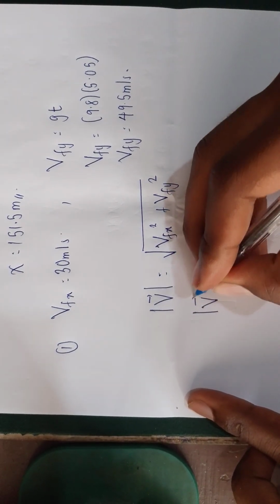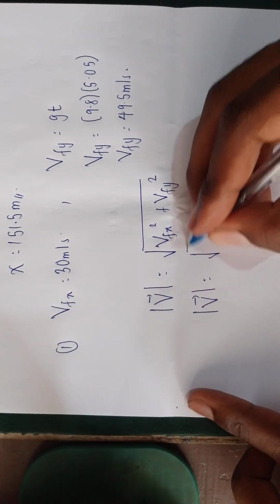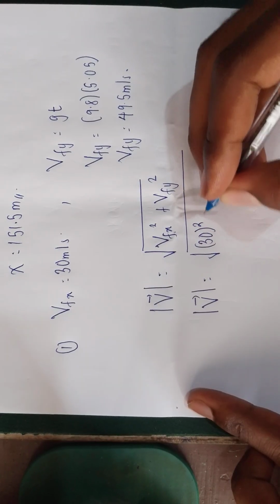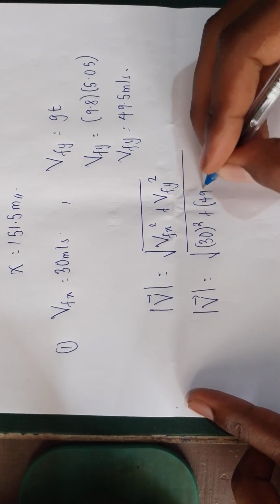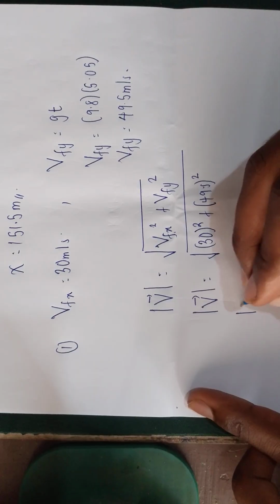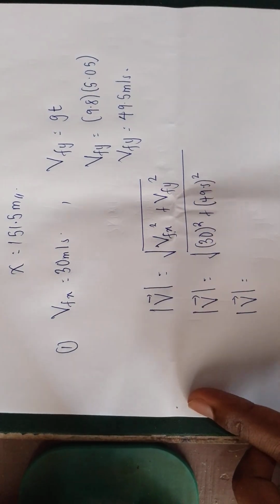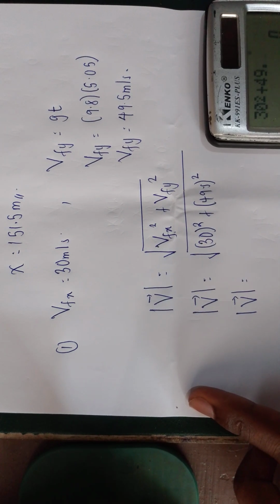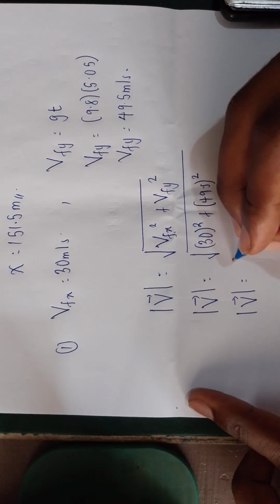So the magnitude is going to be equals to the square root of 30 squared plus 49.5 squared. So meaning the magnitude of the velocity is going to be equals to the square root of that, you're going to get